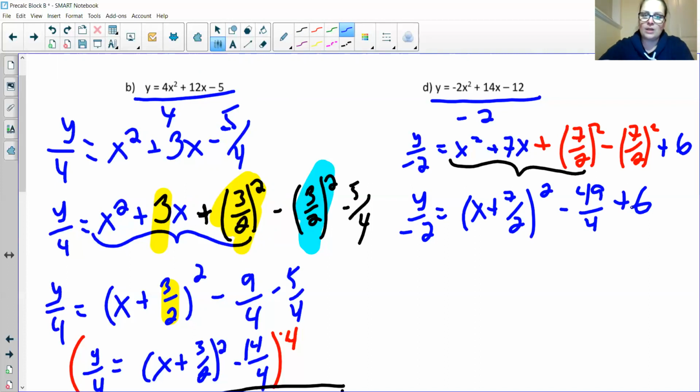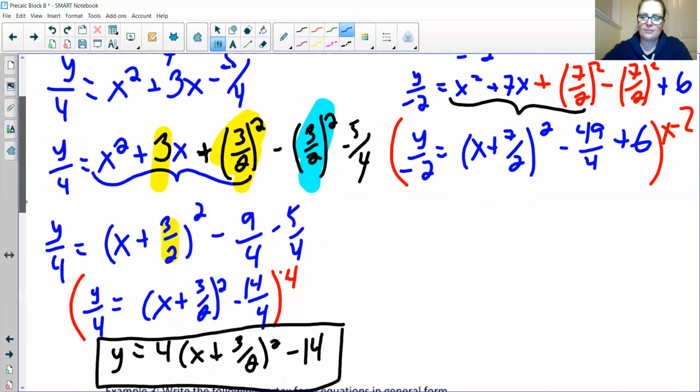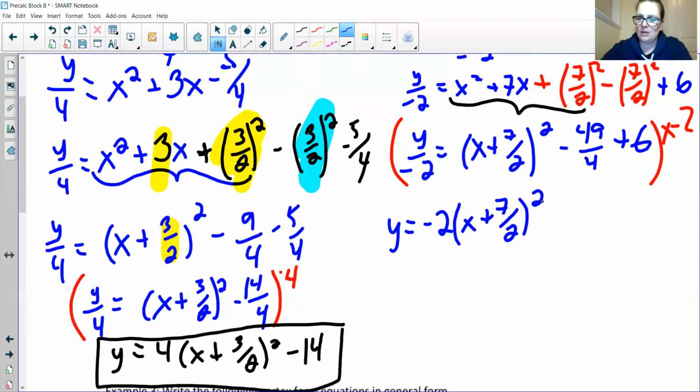And now I'm going to put -2 back in the game. So I'm going to multiply everything by -2. And I'm going to get y equals -2 times x plus 7 over 2 squared